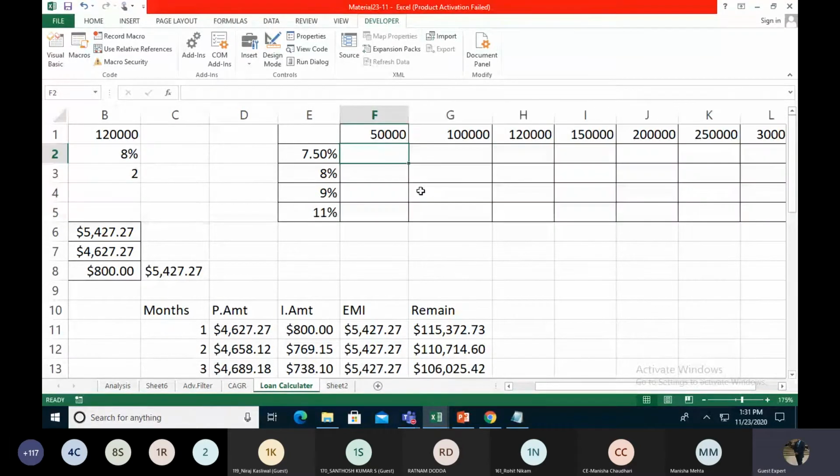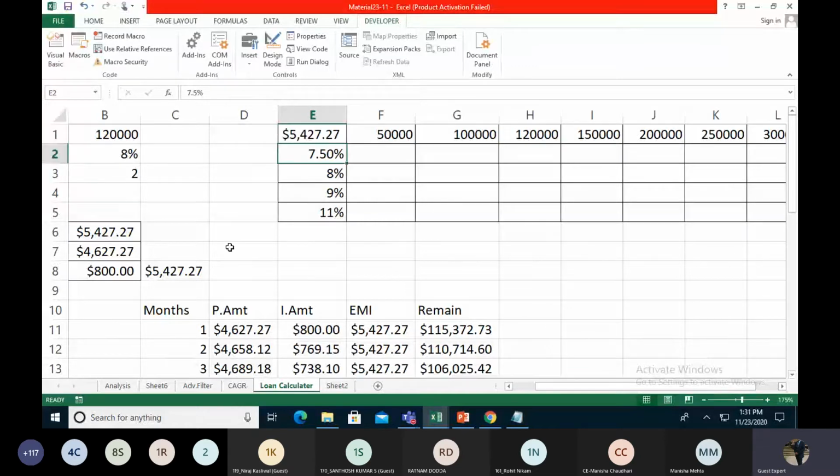Every time we would have to make this PMT and all these formulas, so we are not doing that. We are using one analytical feature called a data table. First of all, in the column and row, when we get this cell, we just take the reference of the EMI.